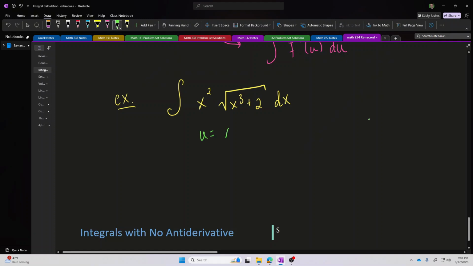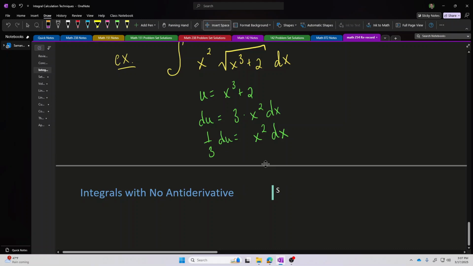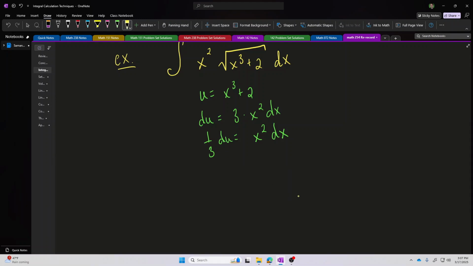So I would let u be equal to this inner function, so that du was 3 times x squared dx, or in other words, this x squared dx that I have in my problem is equivalent to 1/3 du. So if I take my integral and I transform that square root of x cubed plus 2 into a square root of u, and if I transform this x squared dx into 1/3 du,